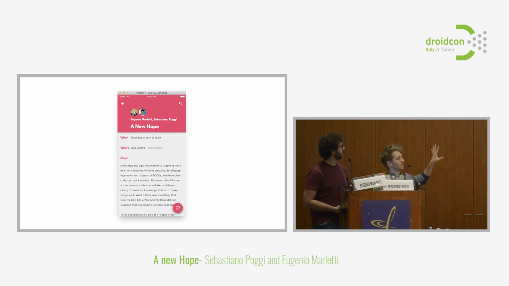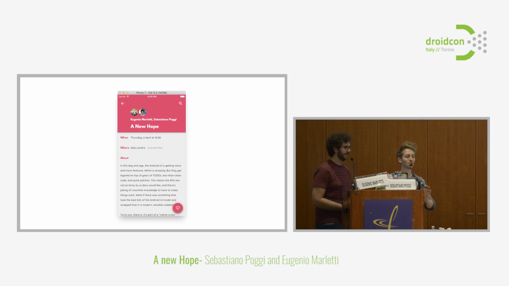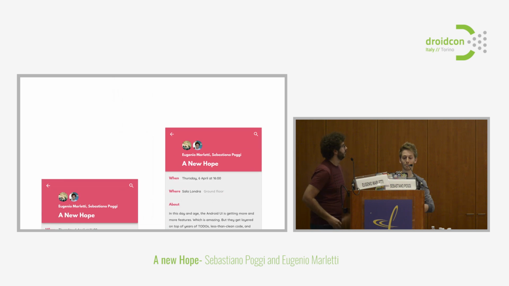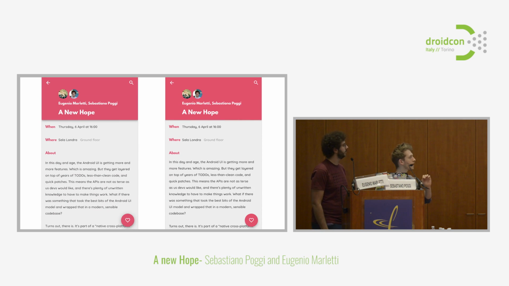As you see, it's real. It's not Photoshop in any way. This is actual code that, by the way, we are going to give you the link because it's open source, at the end. And now for the second part. So these are two screenshots, real screenshots, both made on Android. Now, can you say in 10 seconds which one is made with Flutter and which one is real?